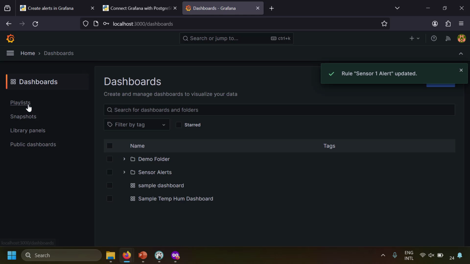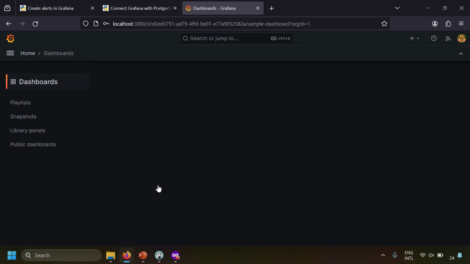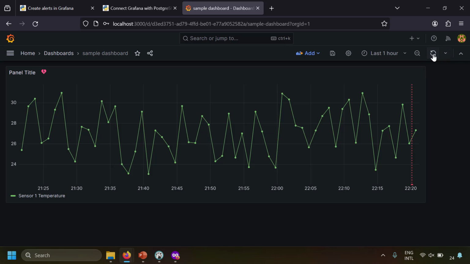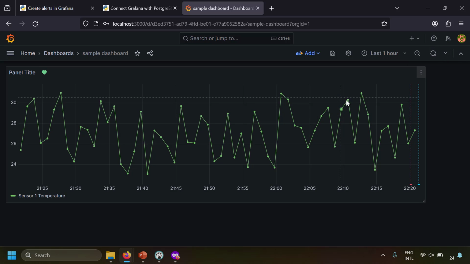And now let's go to the dashboards, sample dashboard, and now let's try to wait for 10 seconds. Refresh this again, and now you are in the OK state. So this way, as the alert rule evaluation goes on, if there is some kind of violation in the threshold, or if it's again less than the threshold, the alert state would be changing, and for each alert change you